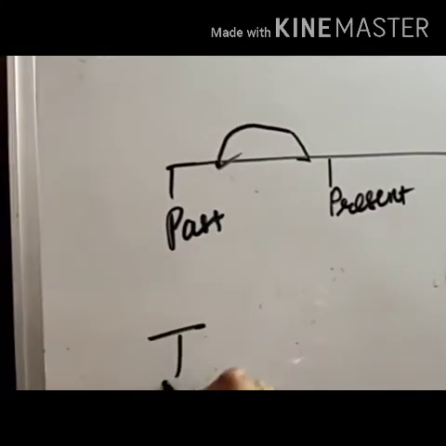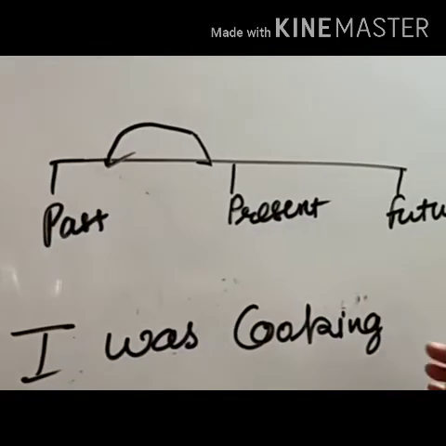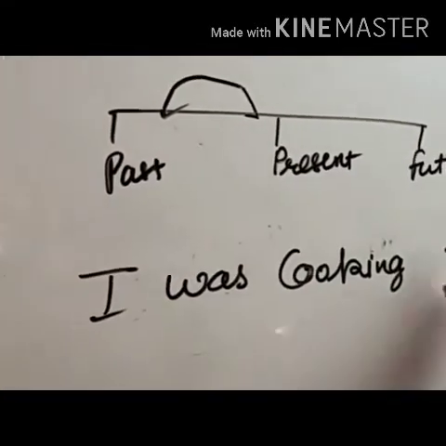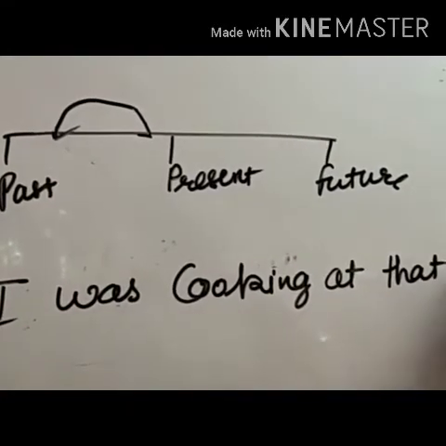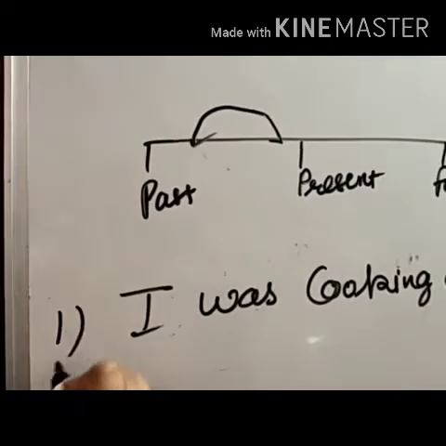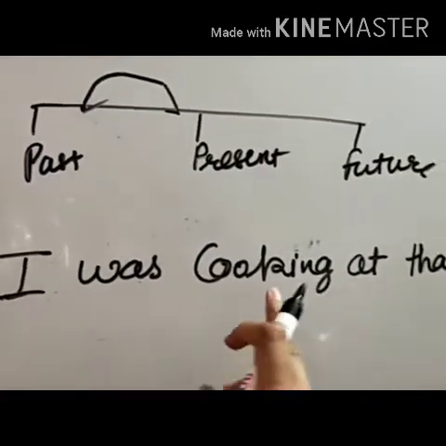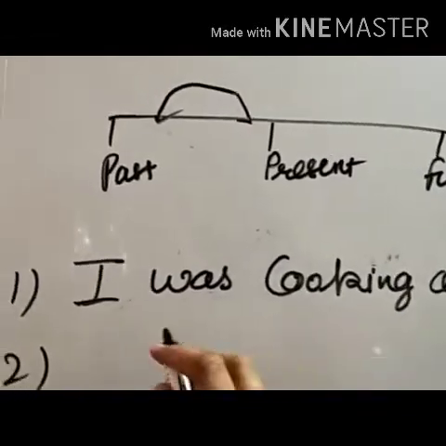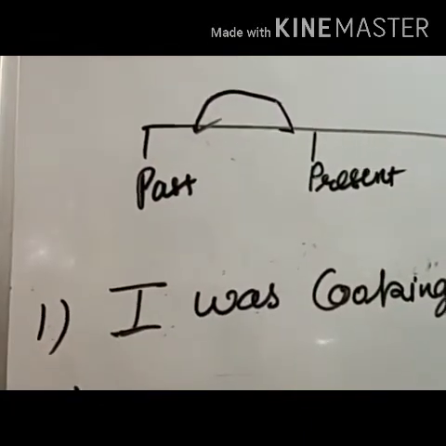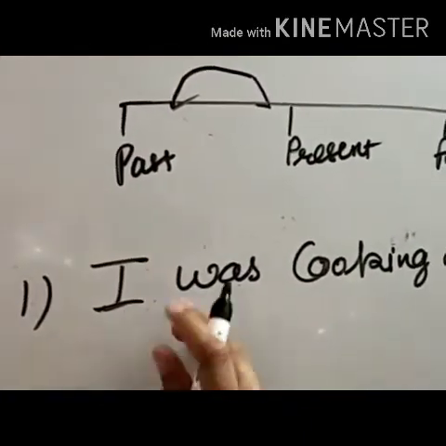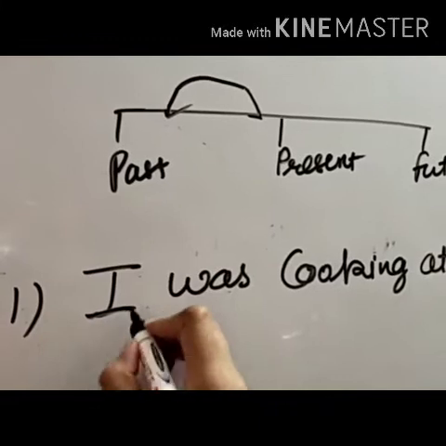Like I was cooking. In this, I can relate to any time. I was cooking at that time. When you are talking about what you were doing at that time, what you were or were not doing, then you use this sentence. If you were doing any work at that time, you can use past continuous. Like in this sentence, I was cooking at that time. What is there, students? See,